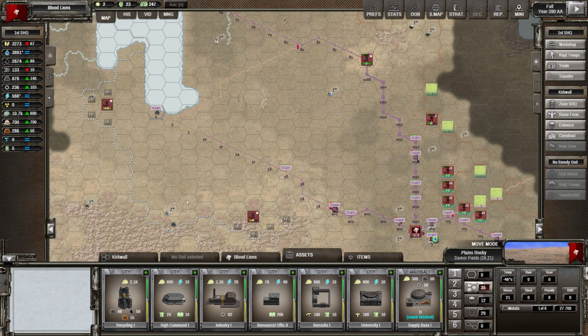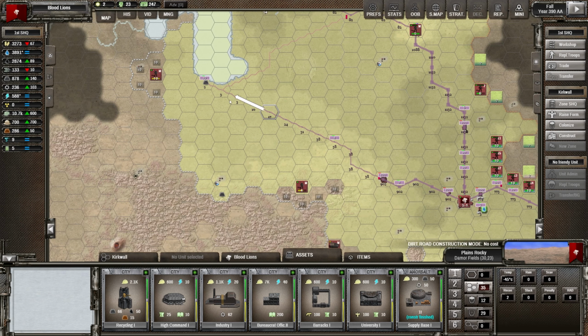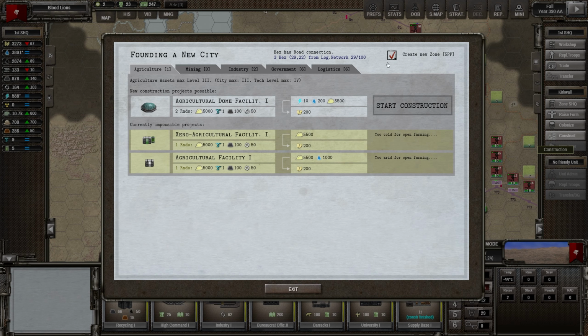So let's go to construct. We want it about... What's this zone going to be? Something like this here. I do like the idea of having it near the mountains so we can defend it, but I think realistically, let's get it down there and go to construct, create a new zone,